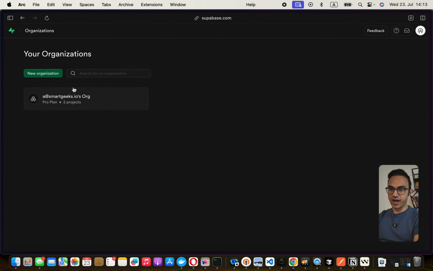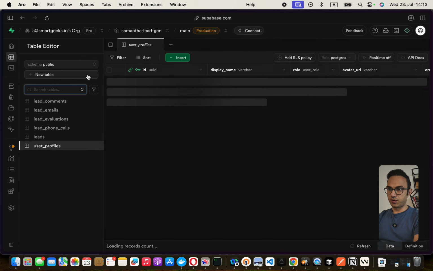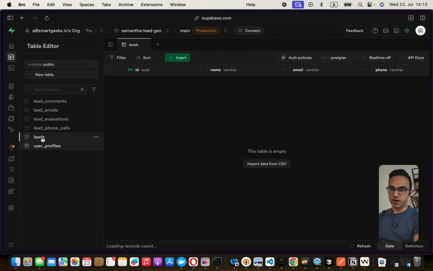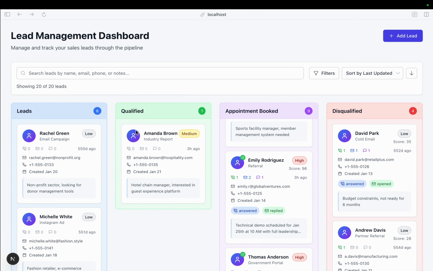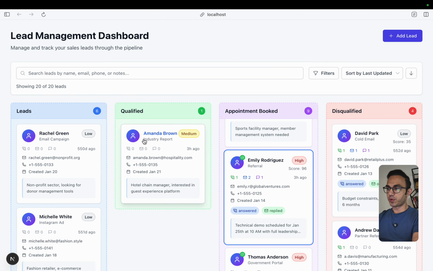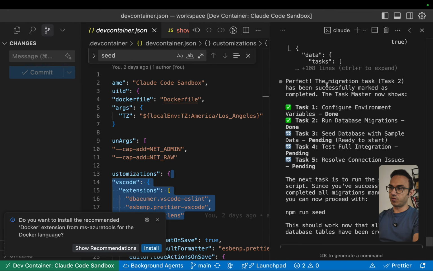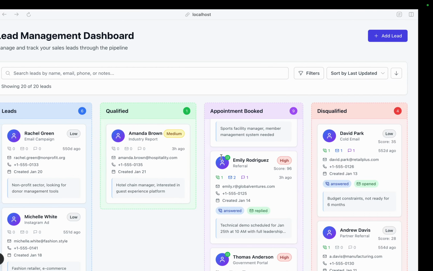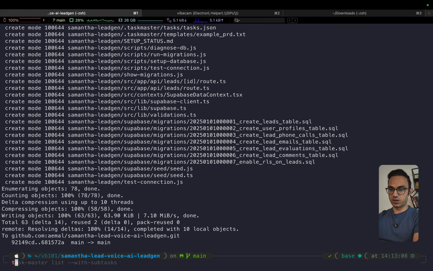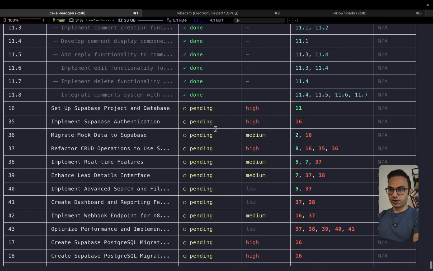So just to recap, we have a Supabase instance here that has all these tables, but right now these tables are empty, and what we want to make sure is that this UI is populated entirely from those tables, obviously with all the tasks being updated. So since our tasks are updated, let's go to Taskmaster again. So now we have